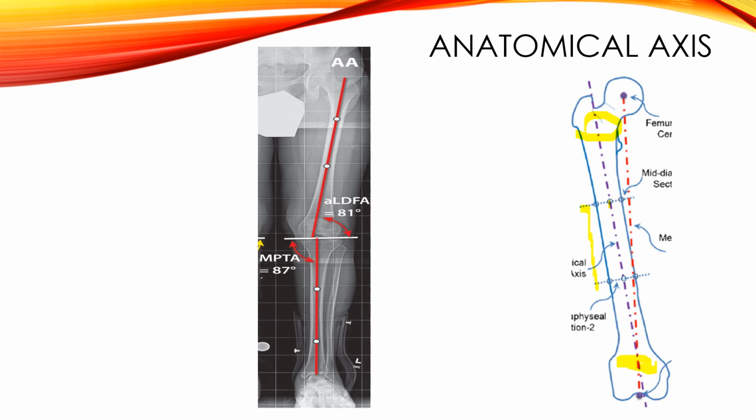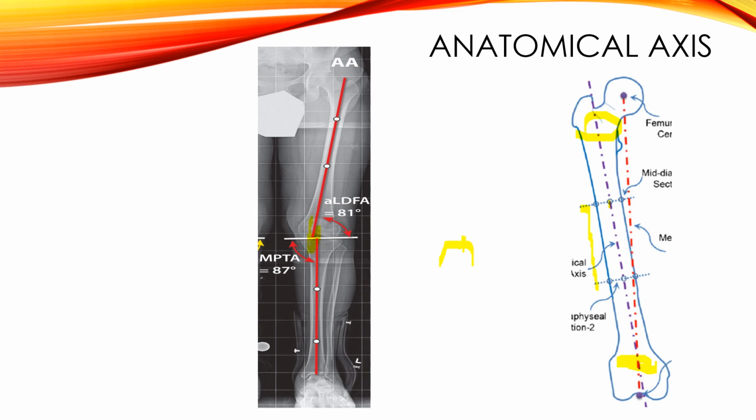Now if you see the anatomical axis, it passes proximally from the piriformis, it comes towards your knee joint, and if you see here, it is not in the center of your notch. So if you see, the femur notch is like this. If you take an anatomical axis, it will be bisecting a little bit medial compared to the mechanical axis, which will be bisecting at the tip or at the center of the notch. That is the difference. If you see here also, your anatomical axis is a little bit on the medial side.